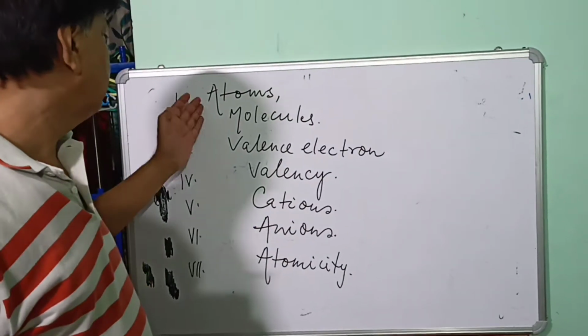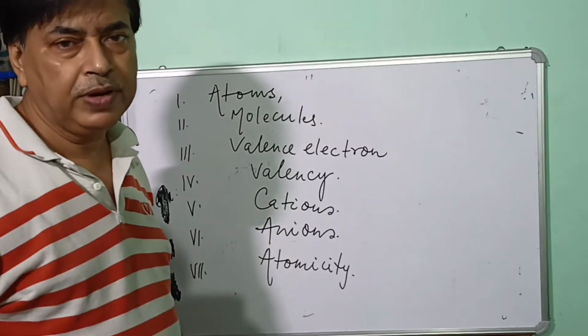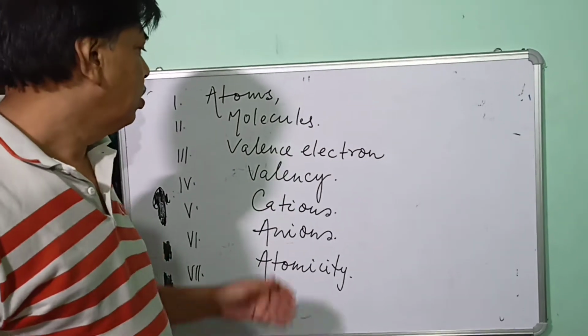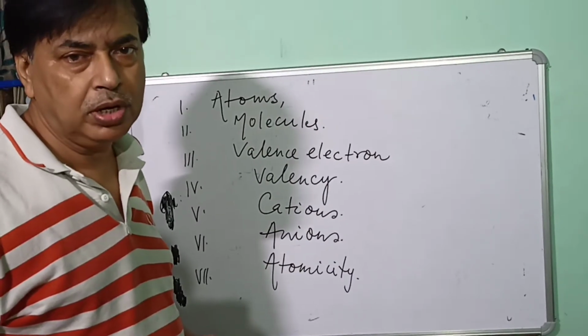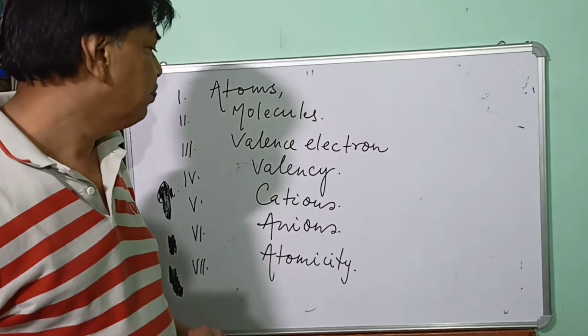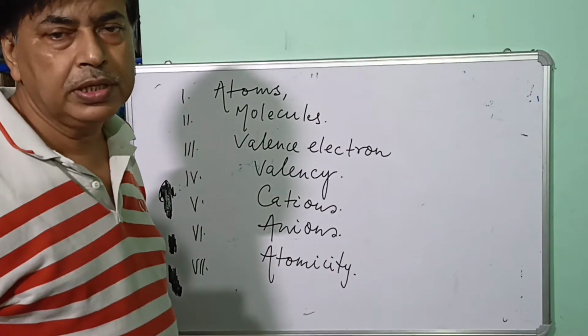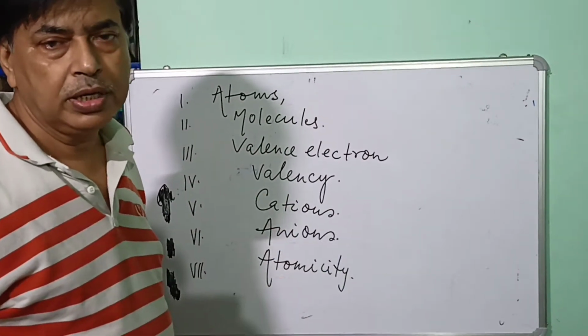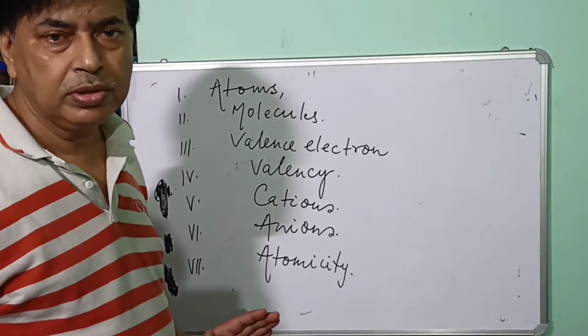So first of all, the definition is atom. Atom is the smallest particle of an element. Molecules, the smallest particle of a compound, that is called molecules. Now valence electron, the electron present in the outermost shell, that is called valence electron, and valence electron is never